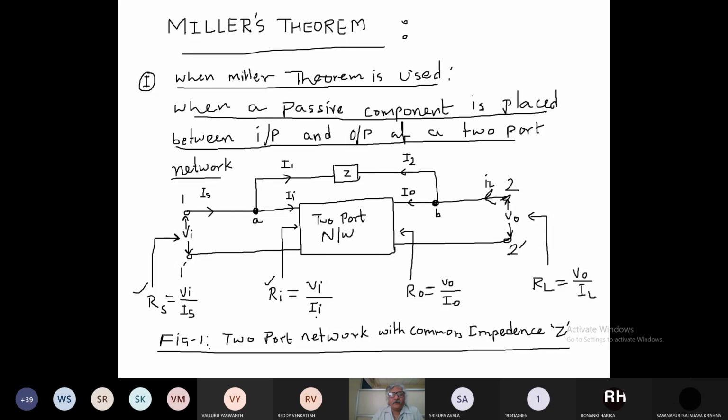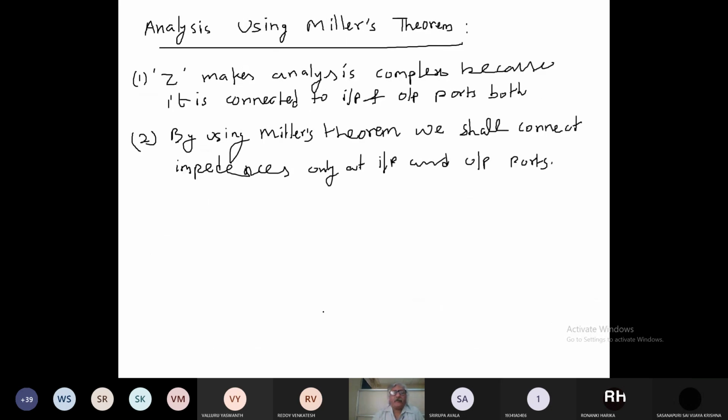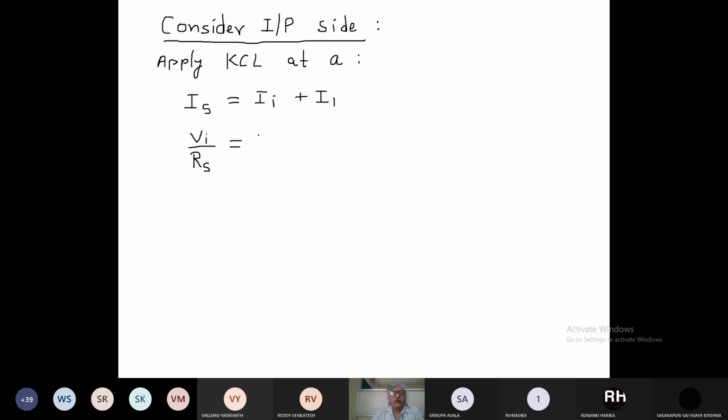So from here, Ii will be Vi divided by Ri. Plus